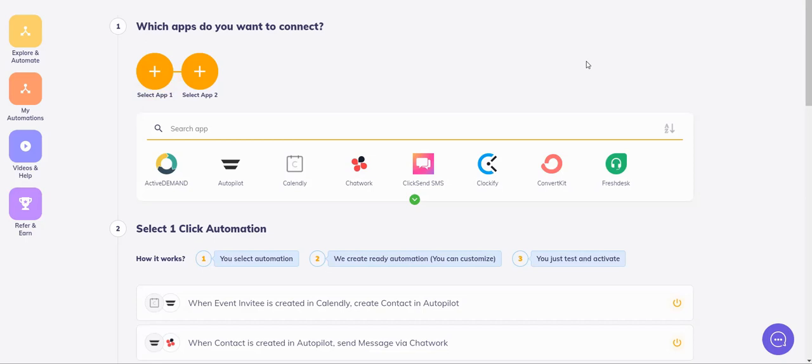In today's video, we will learn how we can connect our FormKeep app with Google Sheets using Integrately. My case is when a form is submitted in FormKeep, I need to create a new row in a specific Google Sheet. So first things first, let's select the two apps,